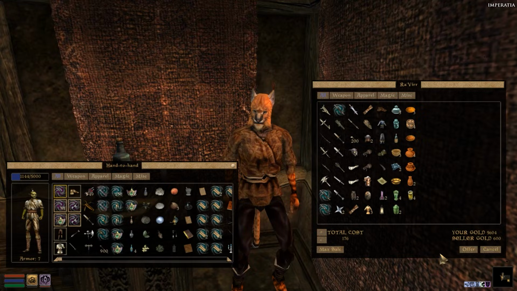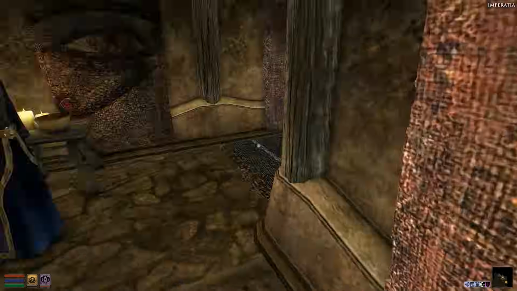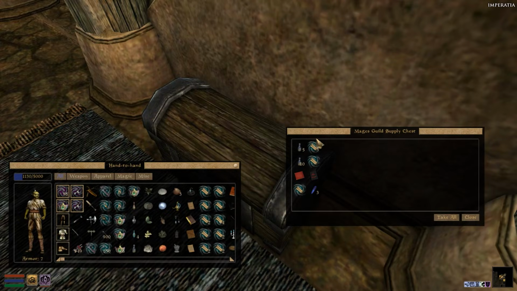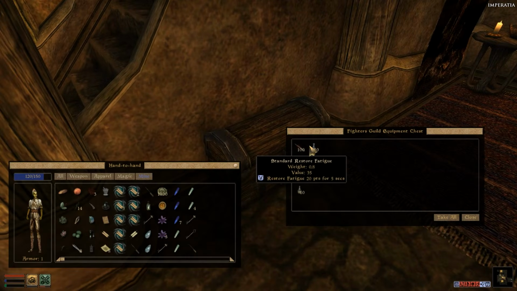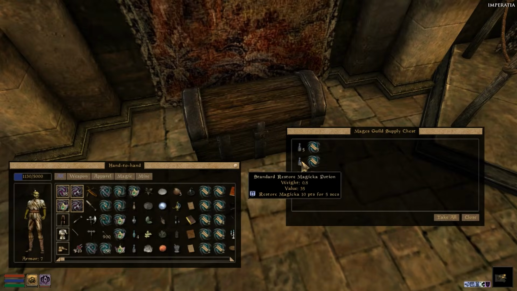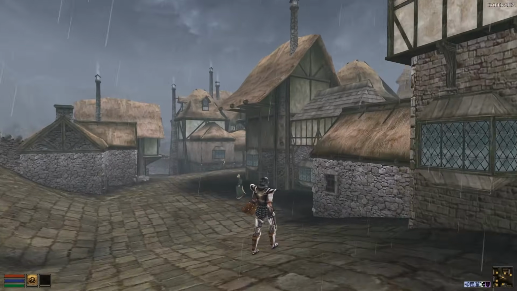In Balmora you also have the Mages and the Fighters Guild. If you join them, you basically get a free supply of standard potions of restore magicka and restore health and some other stuff. Whatever character I play, I usually end up taking advantage of those. You can find those supply chests in other guild halls too, except I think there's no supply chest in Caldera